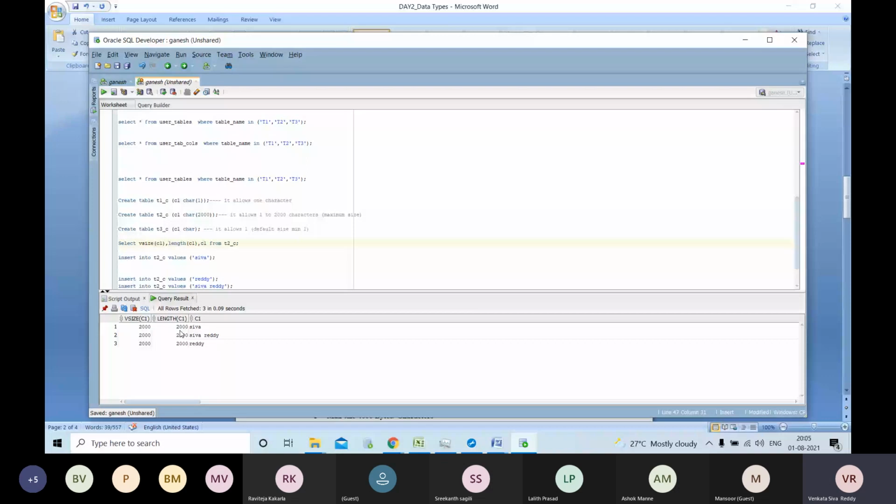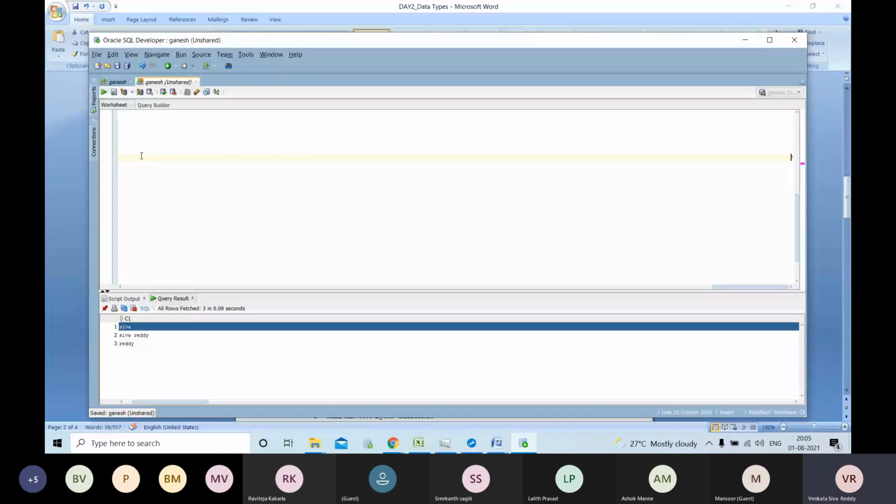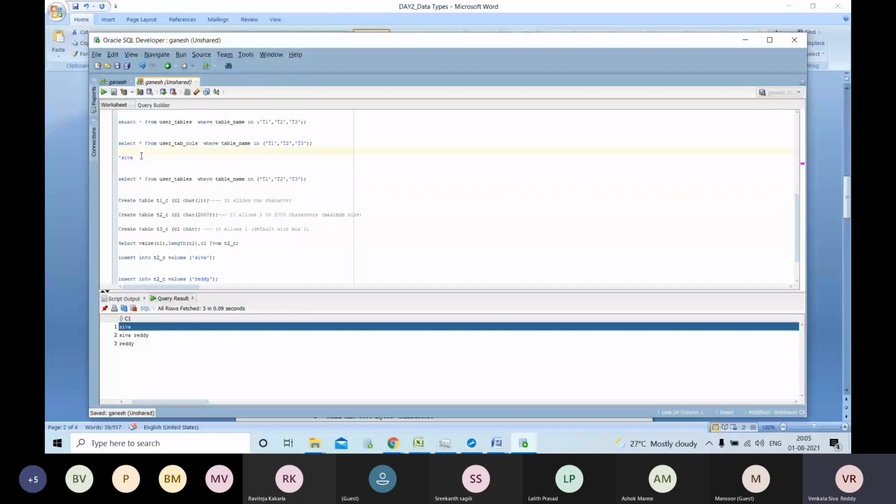So what values do we have here? Inside the single quotes, I'm going to paste this. You see, empty spaces are inserted here. Blank values have been inserted for your remaining values. So that means it is wasting memory unnecessarily.